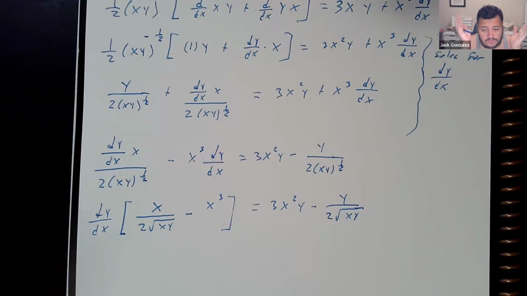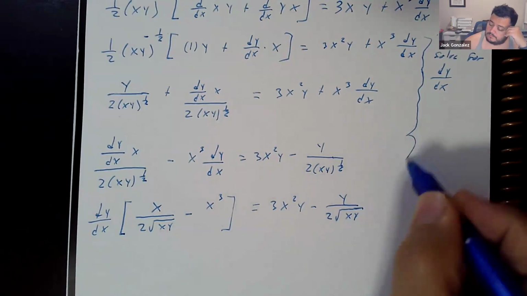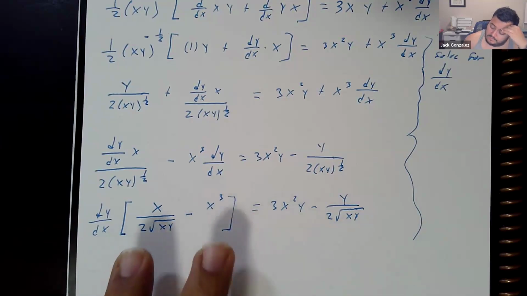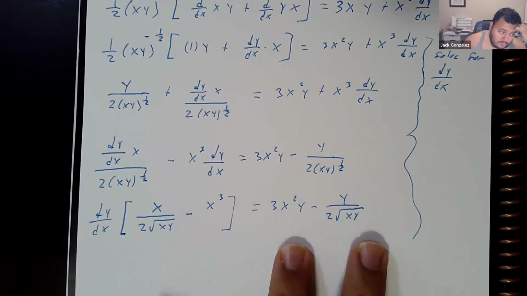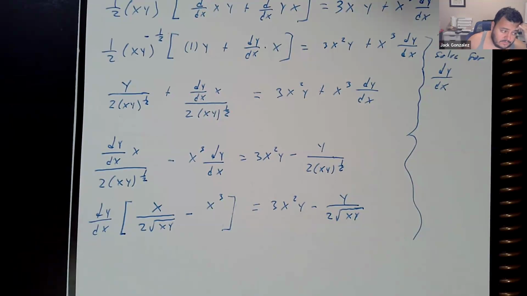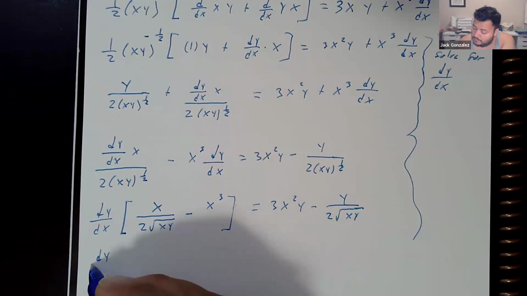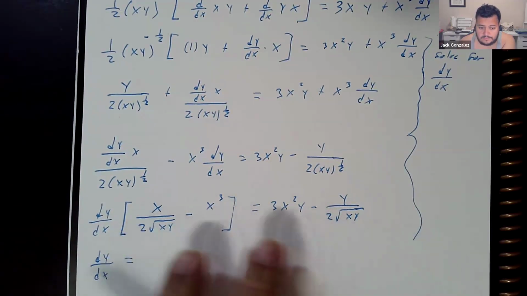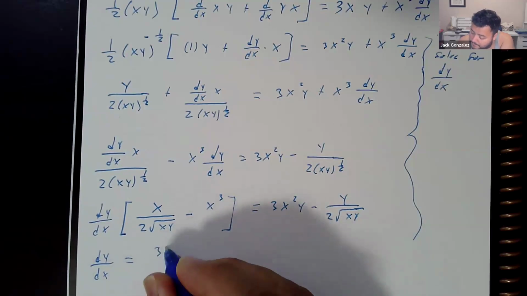So all we're doing is algebra. All this. So divide this down here, and we'll have dy/dx. Pretty much done. It's kind of nasty though. Because I'm out of room, I'm gonna skip this step here. So divide this on both sides. You'll end up with